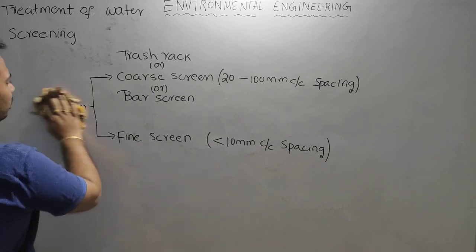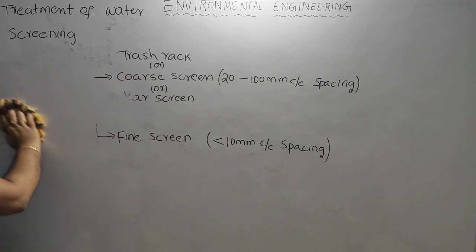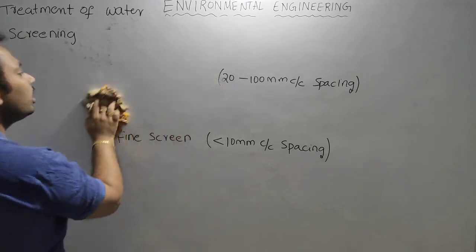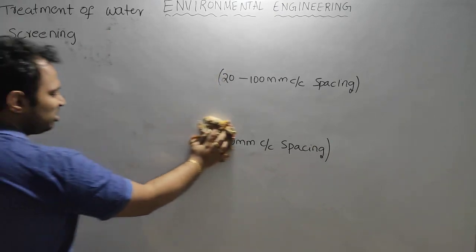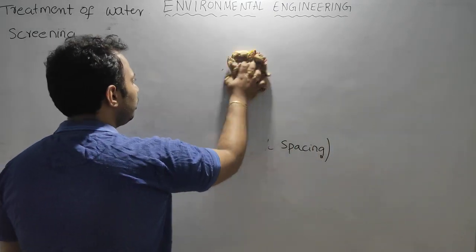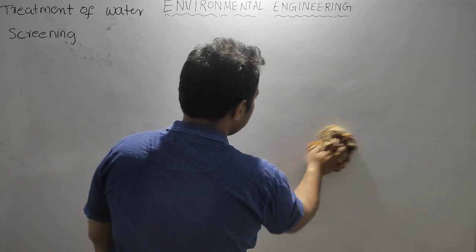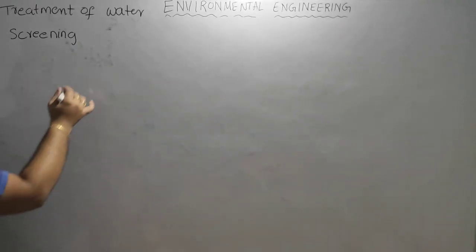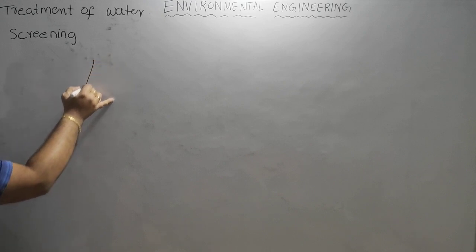Why? In order to allow the flow smoothly, so that the velocity reduces when you keep the screen inclined to the water flow. So for example, if you keep the screen like this,